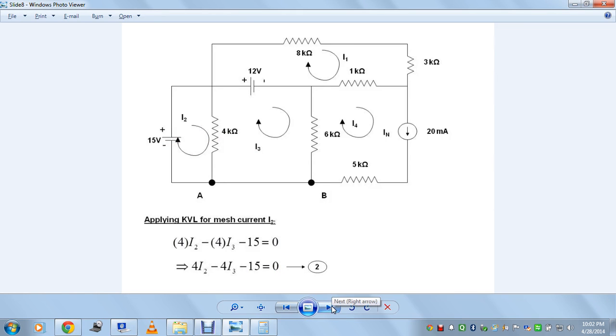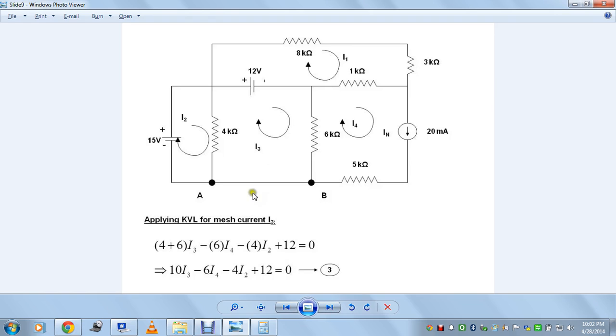And now we apply KVL for developing the equation for the mesh current I3. Here we see I3 is one mesh having lots of other meshes adjacent. So first we will develop the equations related to I3 into 6 kilo ohms plus I3 into 4 kilo ohms, which is nothing but 4 plus 6 into I3 minus 6 times I4, because according to I3 this current again opposes, because I3 flows from here to here and I4 flows from here to here,